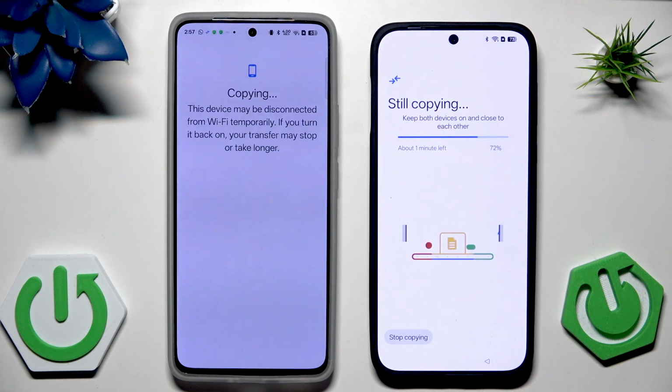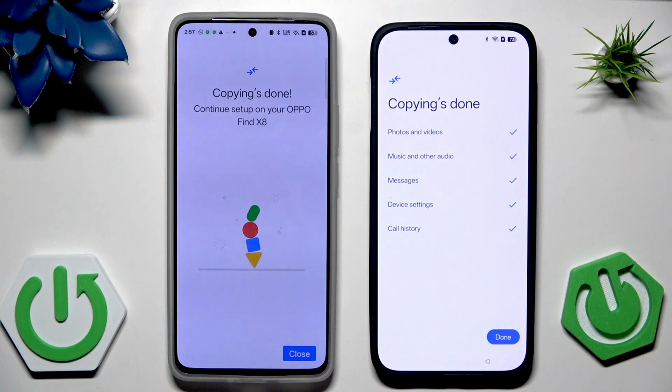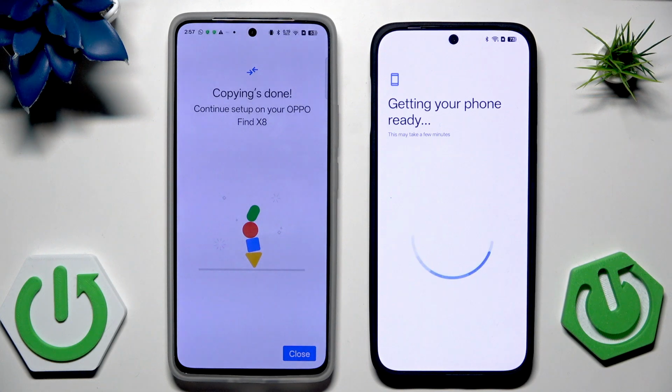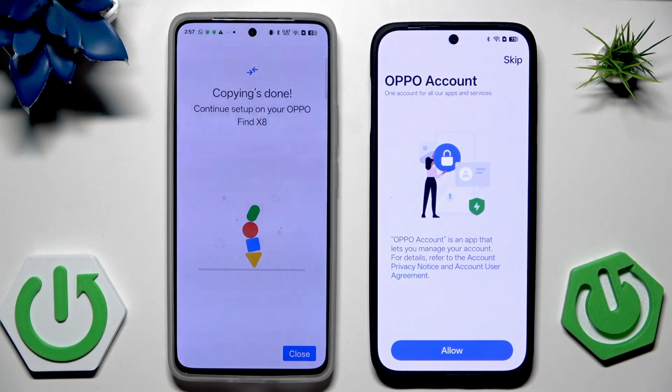Okay, now you can see that the copying process is still running, so let's wait until it's finished. Okay, 100%. And now it should be done. Alright, so everything has been copied. Now click on done. Once more, getting ready to copy. Sorry, not getting ready to copy, but the phone is getting ready. Now we can see on our second device that the copying is done and we need to continue the setup